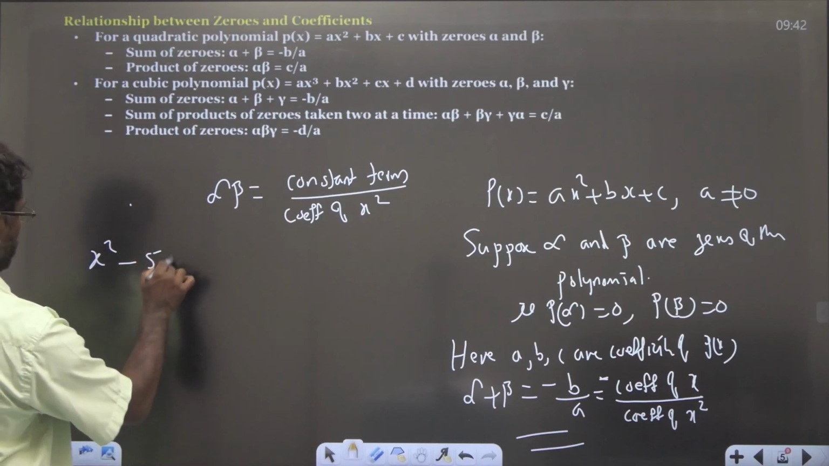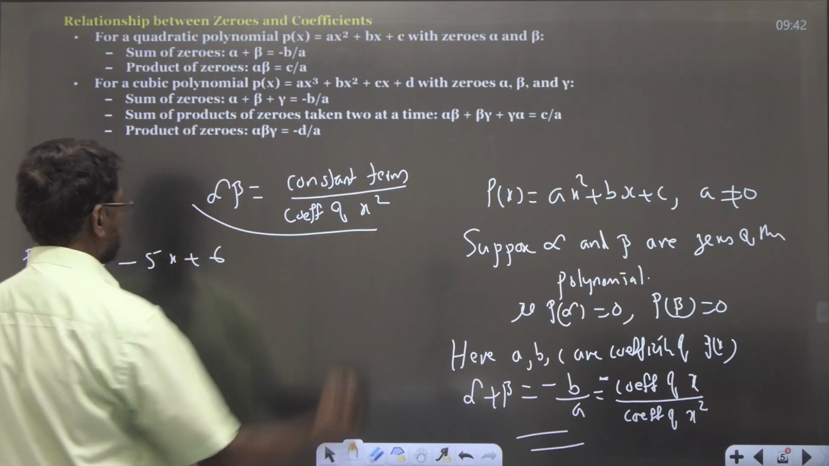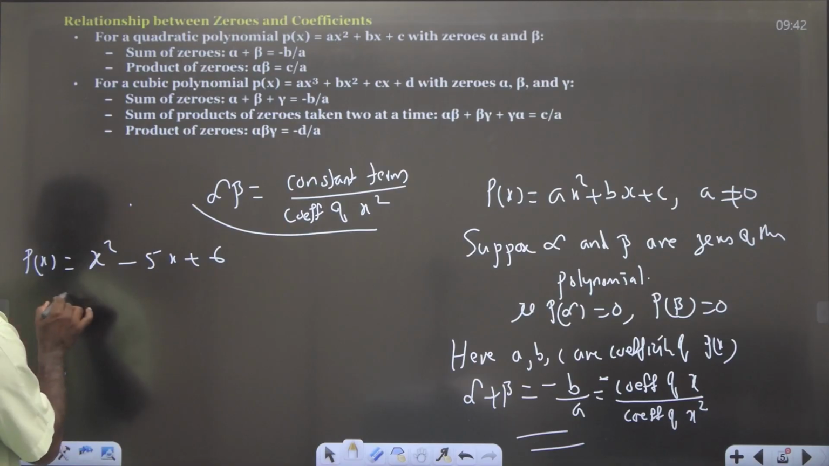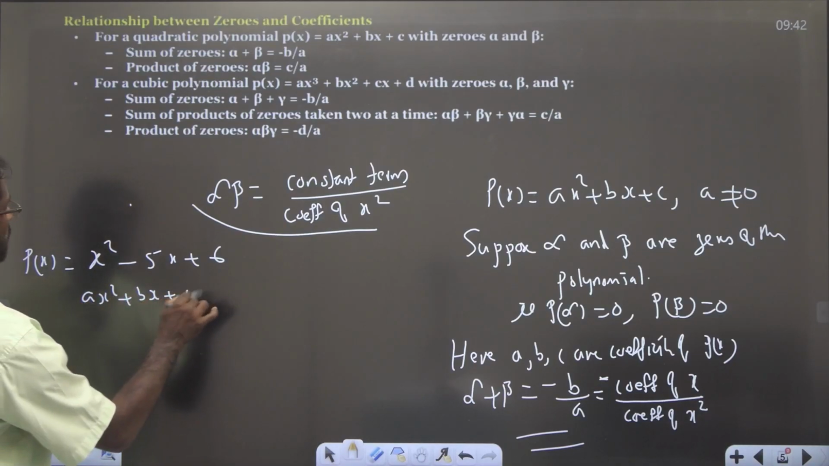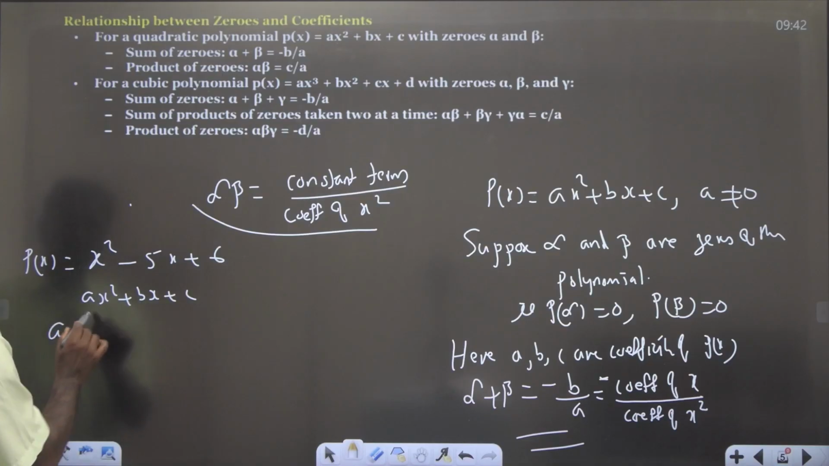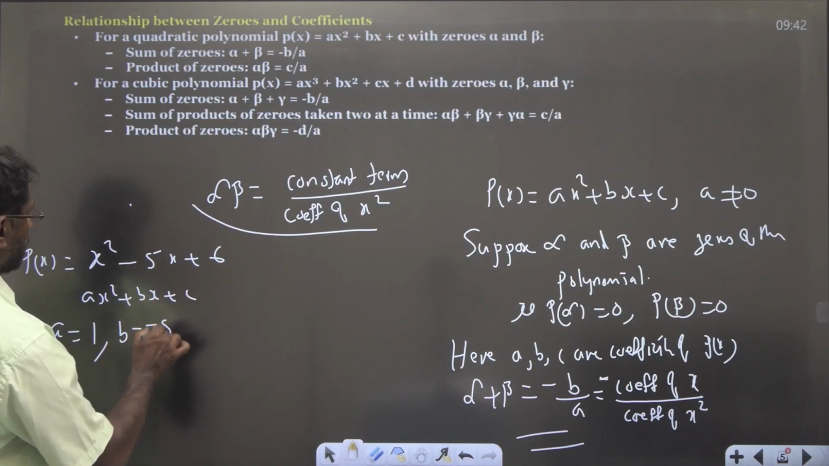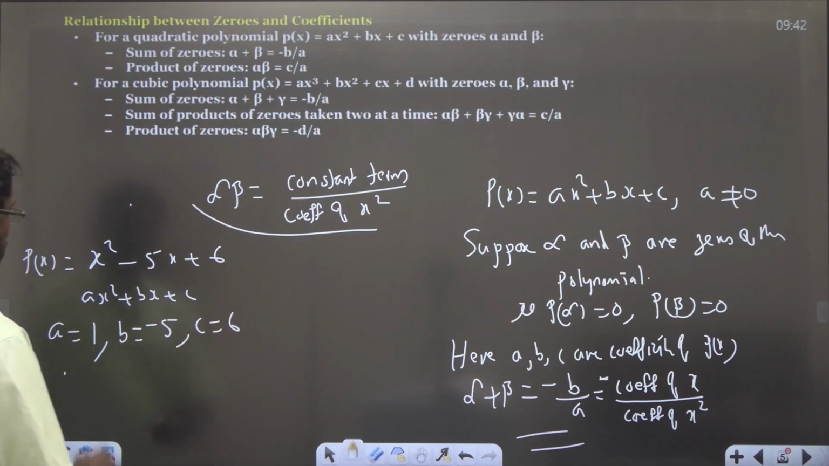x square minus 5x plus 6. P of x equal to x square minus 5x plus 6. Compare with ax square plus bx plus c. What is the coefficient of x square? 1. What is B? Coefficient of x, that is minus 5. What is C? 6. Suppose, therefore, alpha plus